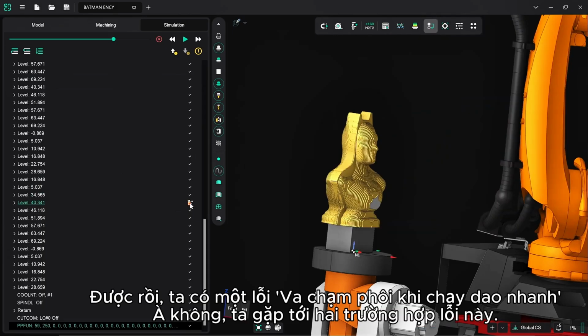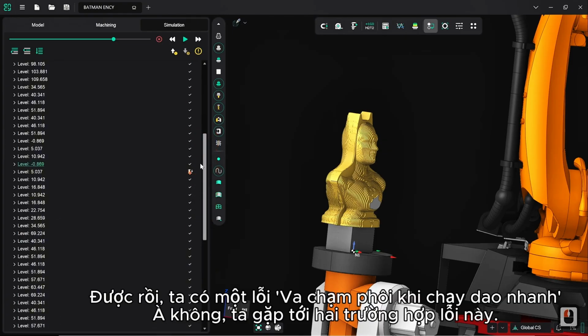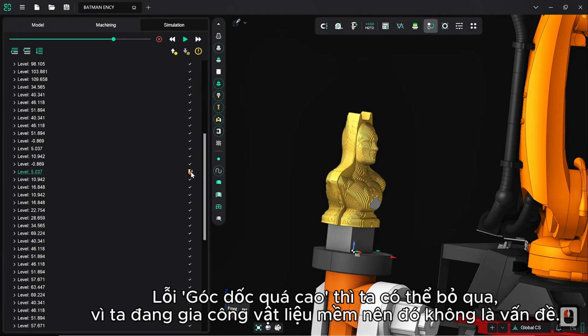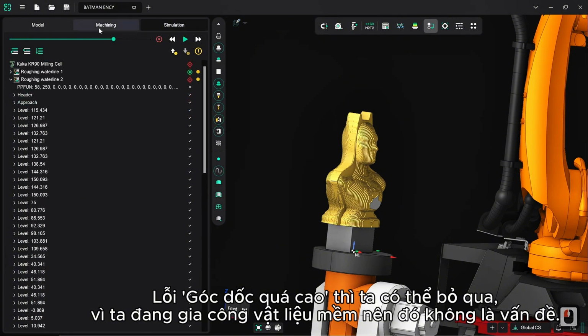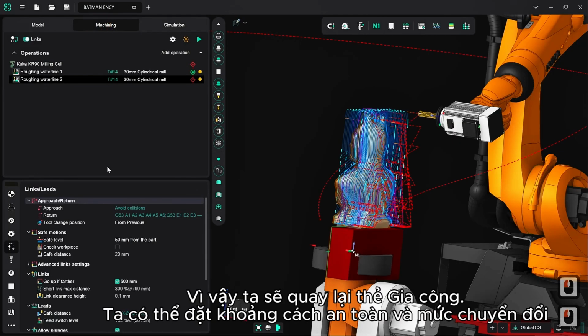Okay, so we have a single reported error, contact with workpiece on rapid feed. Okay, oh no, we've got 2 instances of it. Ramp angle was too high. That we can ignore because we're dealing with a soft material, so that's not a problem. So we go back to machining,